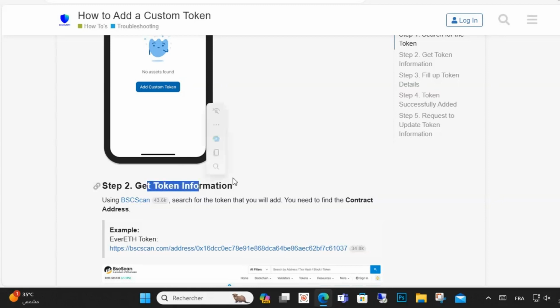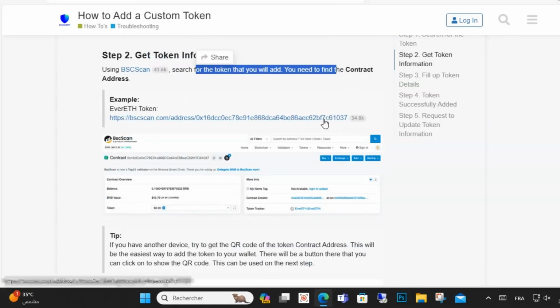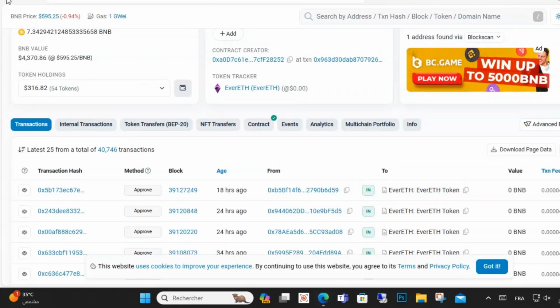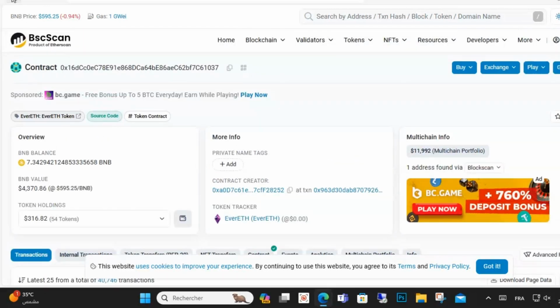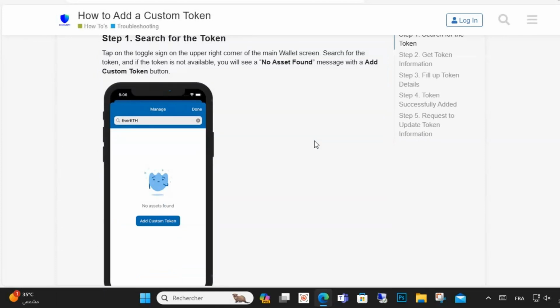search for the token that you want to add. You need to find the contract address and tap the address, then tap the add custom token button. Then make sure to select the correct network. For this guide you need to select the Smart Chain network, since the token is on